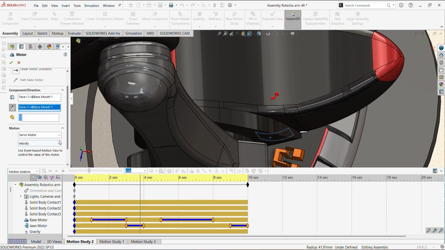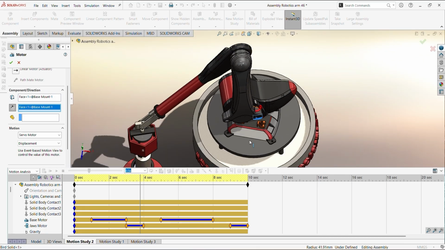Now there are three options here in which we can give input to the motor. First is displacement, then velocity and acceleration. We will give the input in terms of displacement. We will give some degree value to the motor in order to rotate it. That's how we're going to set up the base